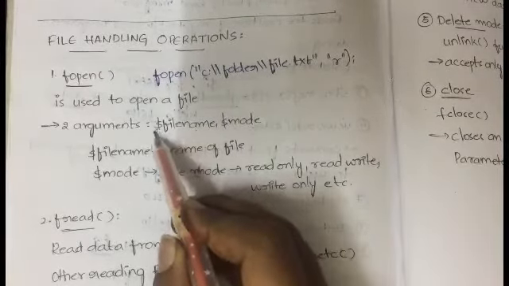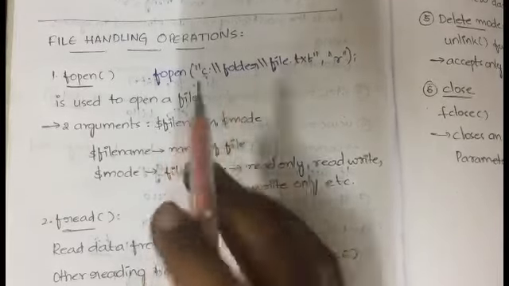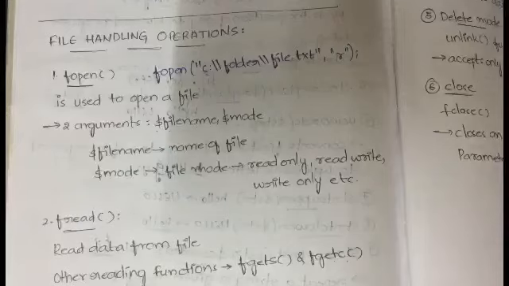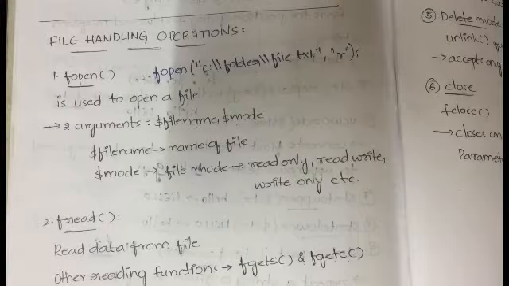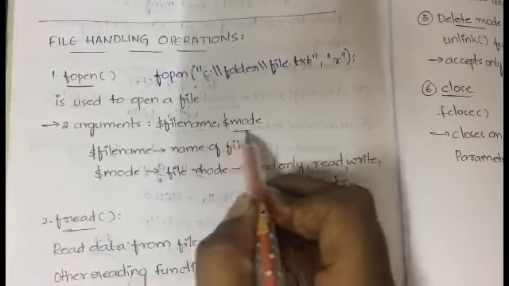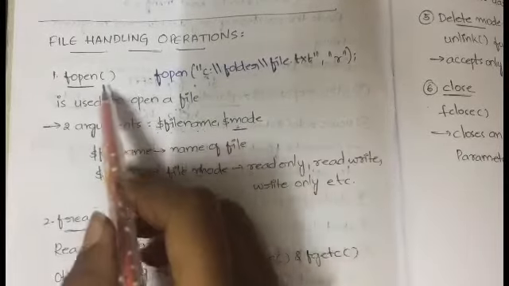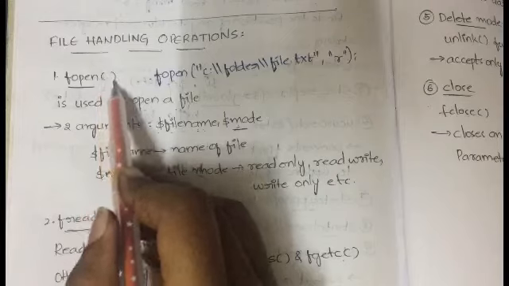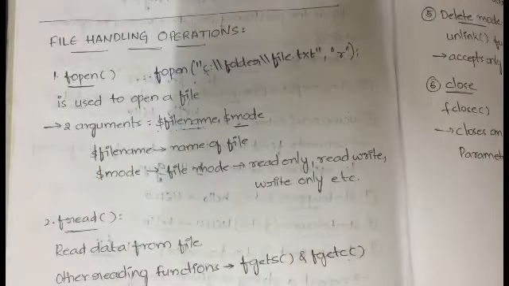You know the use of the dollar symbol in PHP, right? It is used for declaring a variable. You have to use it for everything, even for length, or mode, or file name, or string name, array name. For everything the dollar symbol is used. So $filename, comma, $mode are the two parameters that you have to pass inside these brackets. File name is nothing but the name of the file which you want to open,